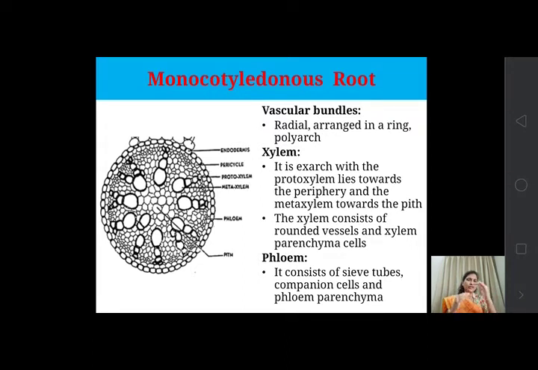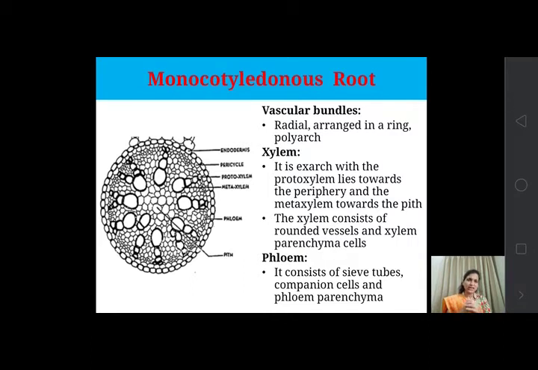Now in between these xylem vessels there is a presence of phloem. Phloem tissue is present. Now this phloem tissue is again made up of four different types of cells, but in case of maize it contains the companion cells, sieve tubes and the phloem parenchyma. That means the phloem sclerenchyma or the fiber is absent. Okay, so this phloem is alternately present with the xylem. Okay, this is the radial condition, that is, the vascular bundles are in radial form.